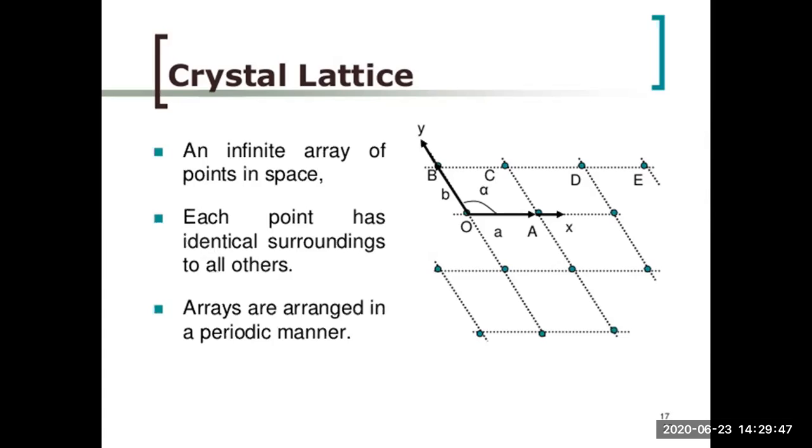Each point has identical surroundings to all others. Arrays are arranged in a periodic manner. Yes. So it's a very calculative and symmetric geometry everywhere. Whenever you are getting 2 points, 3 points, 4 points, or other